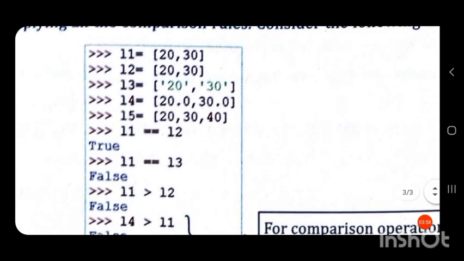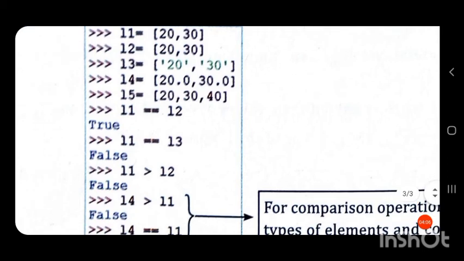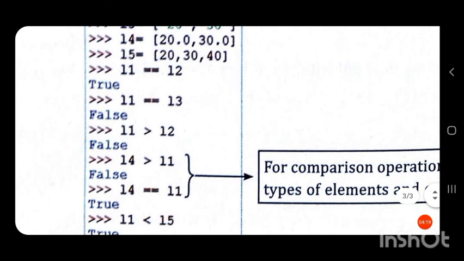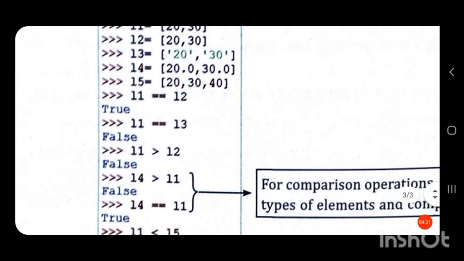Because 20 and 30 are enclosed in single quotes, they are considered strings. So it returned false. Next, L1 greater than L2. Since L1 and L2 are equal, it is not greater than. If it is equal, it is not greater than. So it returned false.